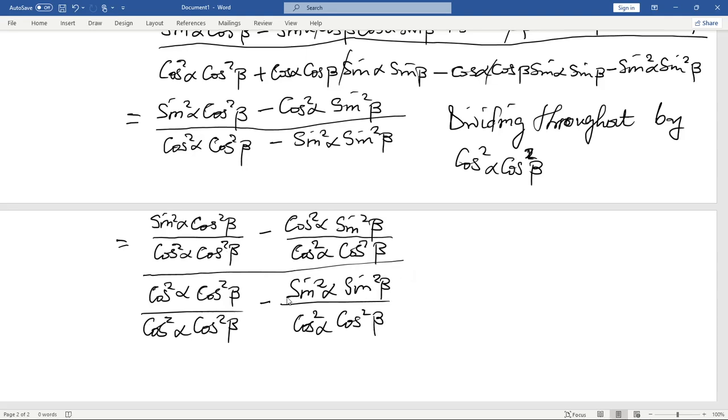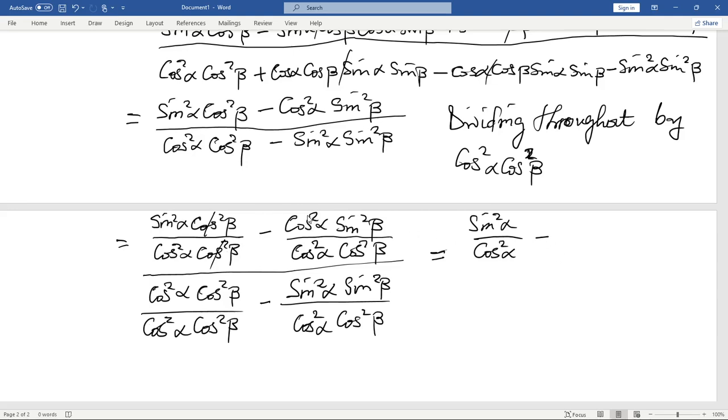So when you simplify what we have here, you notice that cos squared beta and cos squared beta will cancel. Then we're simply left with sin squared alpha divided by cos squared alpha, like this, minus